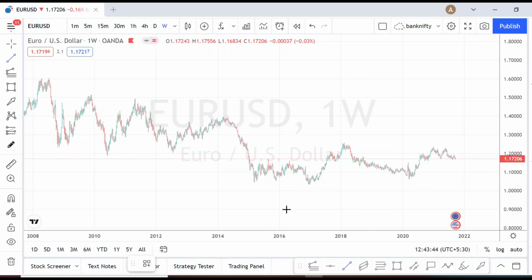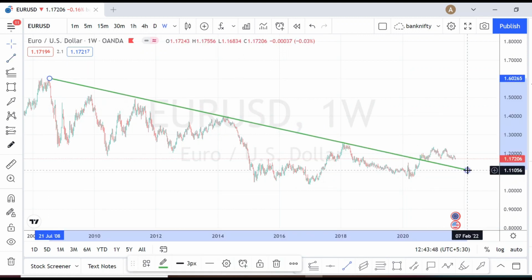So when we do the technical analysis for Euro USD, we can notice that it has given a very nice resistance here and downtrend. It has given a downtrend and retraced back, stopped at the resistance, again retraced back, again stopped at the resistance, and at this point you can notice that it has broken the resistance,